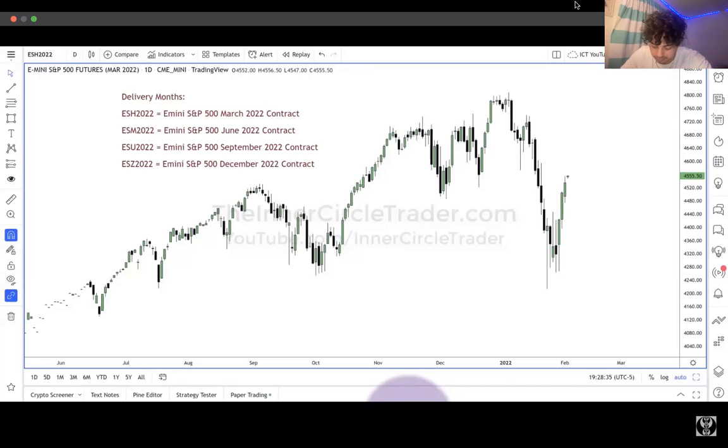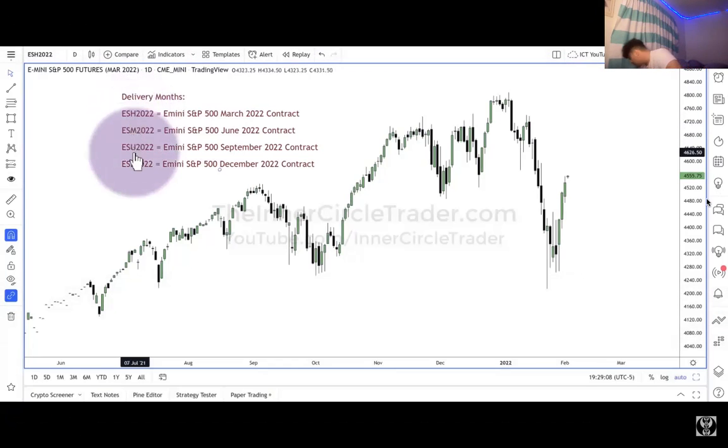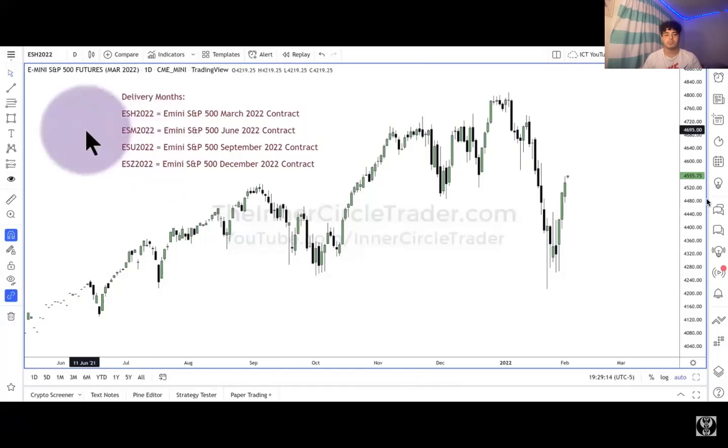Whenever you're looking at futures, especially the index futures, these contracts trade with expiration dates. And the months that they trade are going to be shown here. ES is the symbol for E-mini S&P. H in this example stands for March. So the delivery month codes for the commodity markets, H is always representing the month of March. M is June. U is September. Z is December. These are the only 4 months that the index futures trade on E-mini S&P, E-mini NASDAQ, and